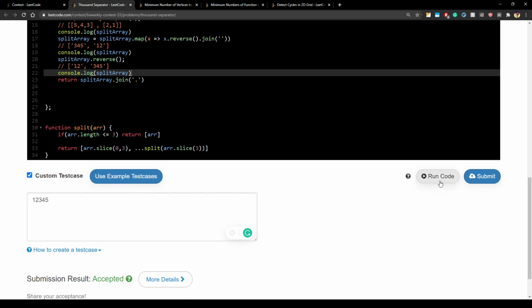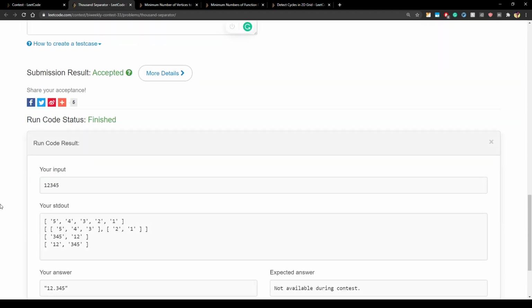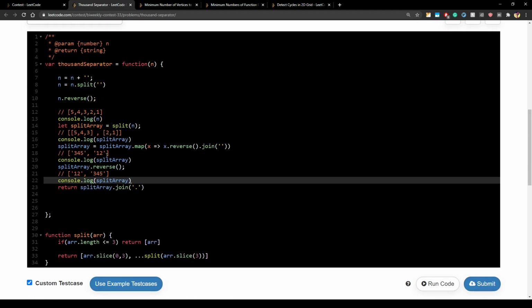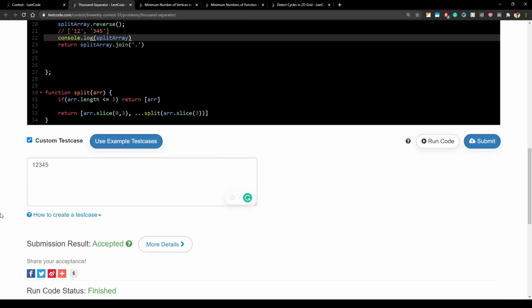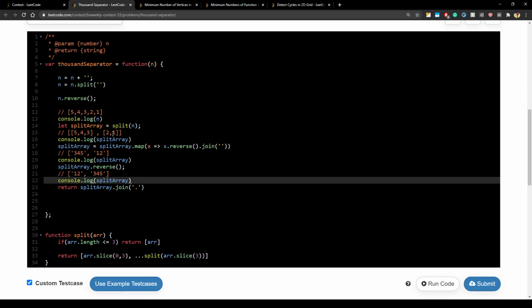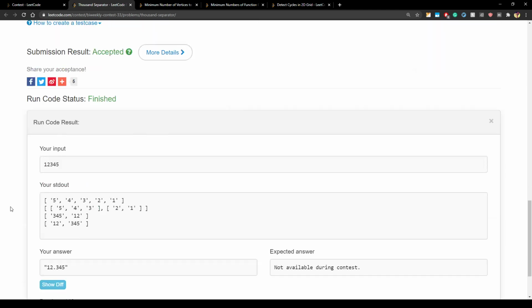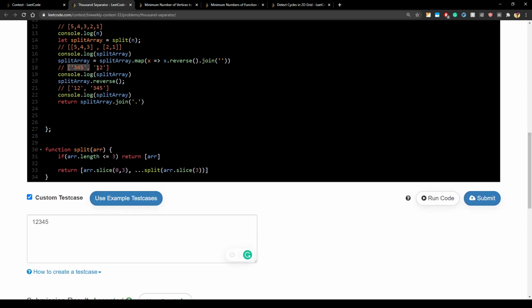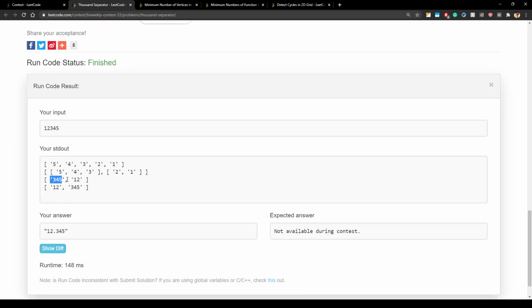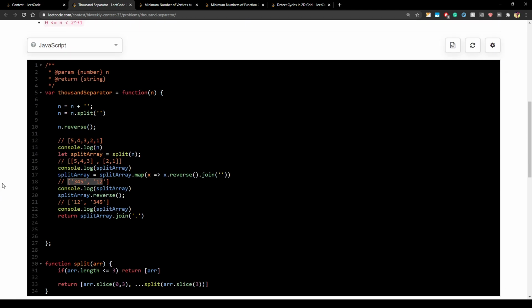Let's see if our guesses were right. 5 4 3 2 1, which is correct, and the second one is 5 4 3 and 2 and 1, which is correct. Instead of numbers, these are characters, so that's why they are in quotes. The third one will be 3 4 5 and 12, and lastly we just reverse it and then join it with a dot. So that's how this question can be solved.